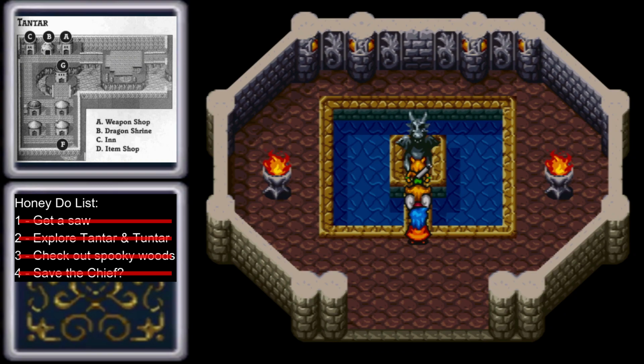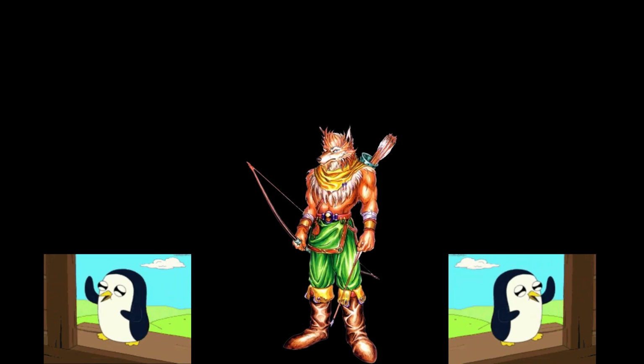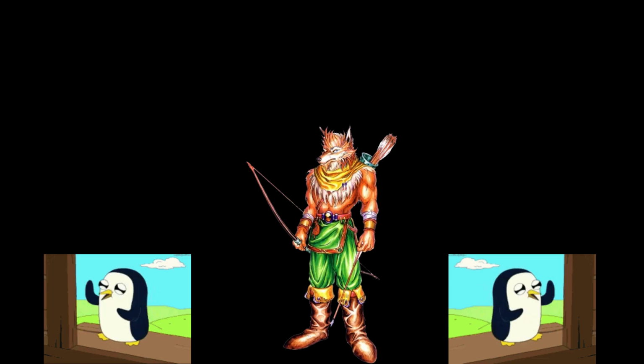And with that, the chief is saved, our new buddy Bo is in our team, and this looks like a good time to stop. This has been part 5 of our Breath of Fire guided walkthrough. Stay tuned for the next episode as we find the secrets of